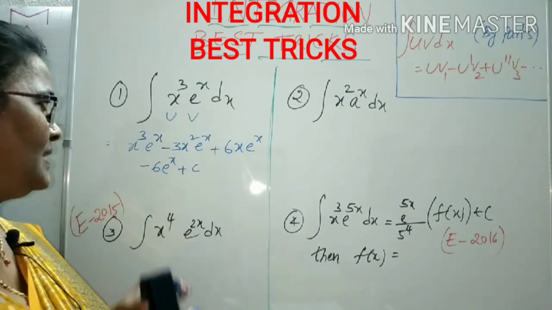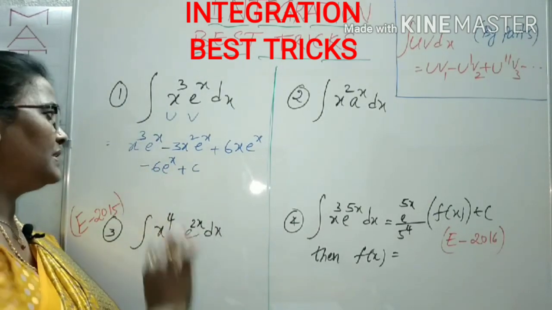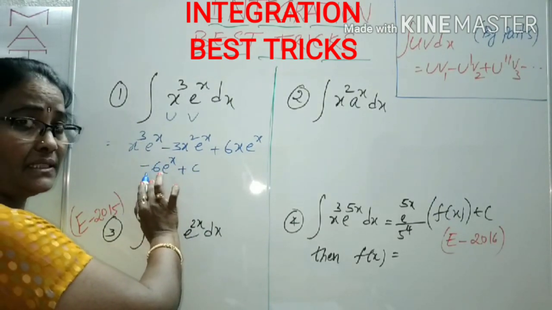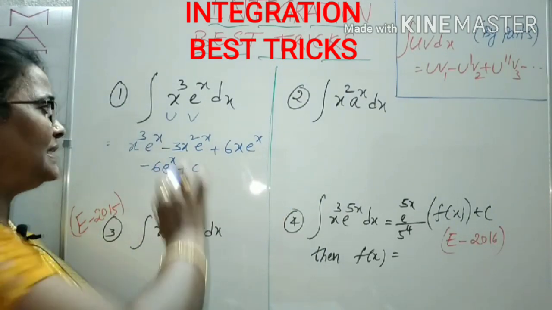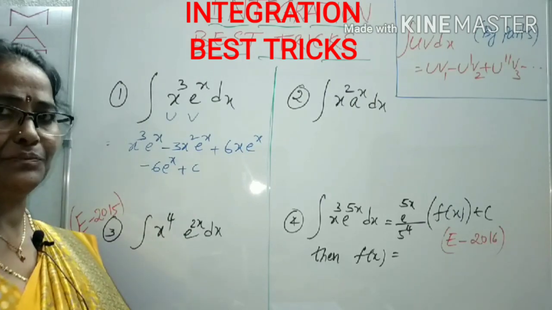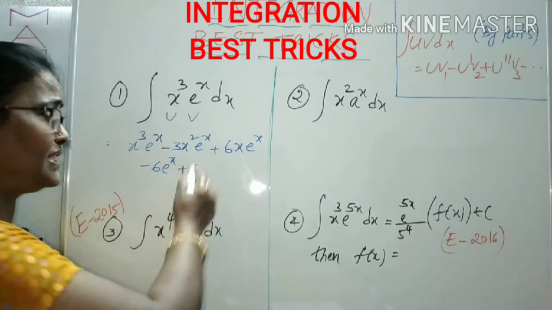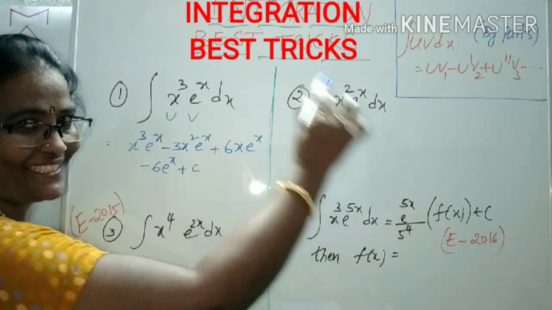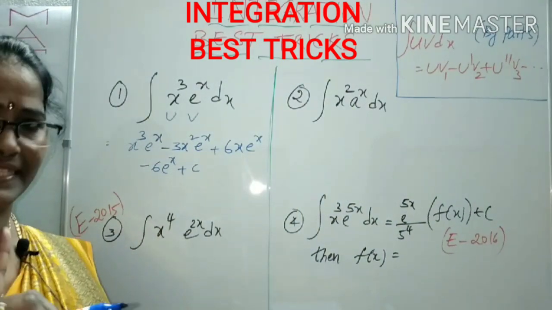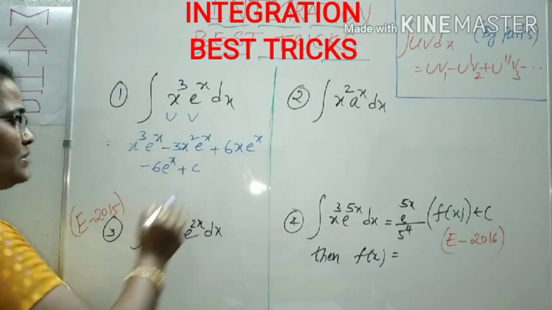You know very well. Till here only you can take, because after that, what happens? The derivative of the constant 6 is 0. Remaining terms become 0. Till here you can expand this integration. So what is the evaluation of this integration? Using by parts in that short trick. That's it. Only one step is enough to get the solution.